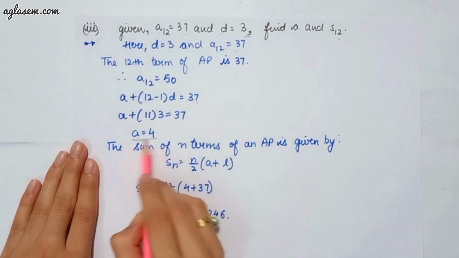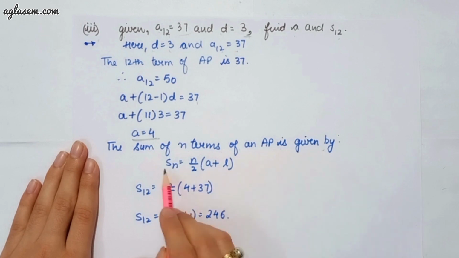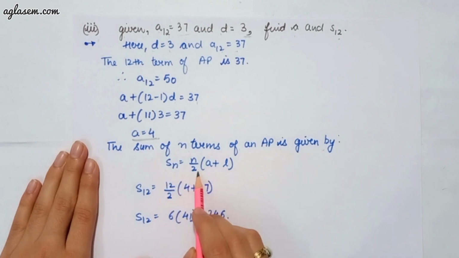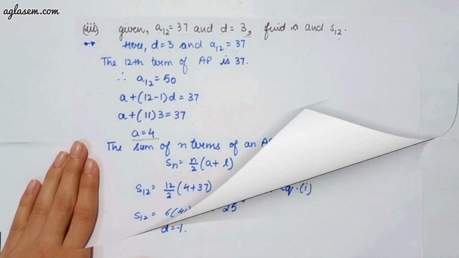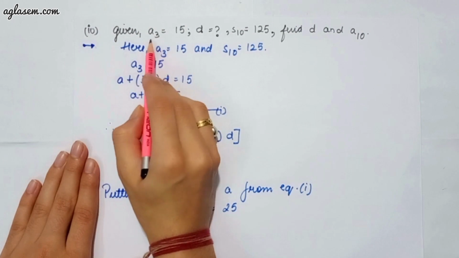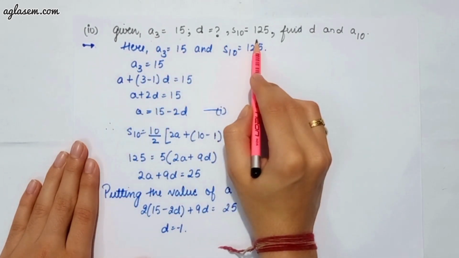Solving this, we will get A as 4. So the sum of n terms of an arithmetic progression is Sn equals n upon 2 into (A plus L). Applying the values, we will get S12 as 246. Fourth part says given A3 is equal to 15, S10 is equal to 125, and we have to